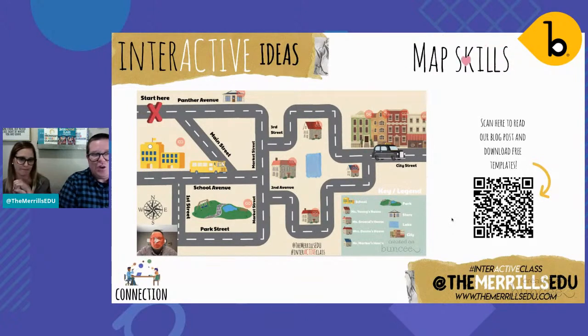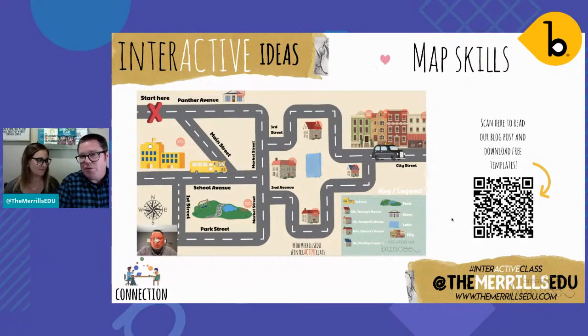Now you can share. So we were working on map skills, and again, first grade. So it can be rather dry for a 6 and 7 year old. Or when you have to do it for 3 weeks, or when you have to do it for quite some time. So we were trying to really up the game here. So I created this Buncee, and this was basically a map. And what I did was I added different hyperlinks all throughout the map. Then you'll notice that there's a start here and there's a video on the bottom. Well, that video on the bottom gave them all the steps that they needed to follow to find